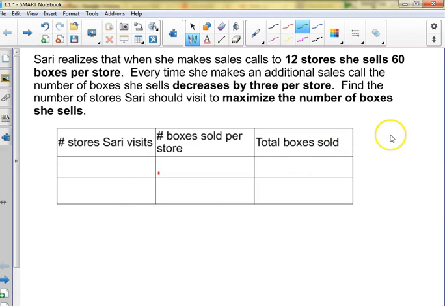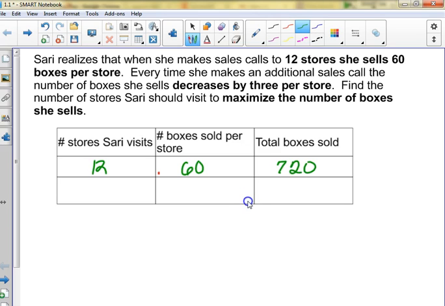So this is just a warm-up. It says, Sari realizes that she's going to make 12 calls to 12 stores. She sells 60 boxes per store. So if she goes to 12 different stores, she would sell 60 boxes per store, which means she'd sell a total of